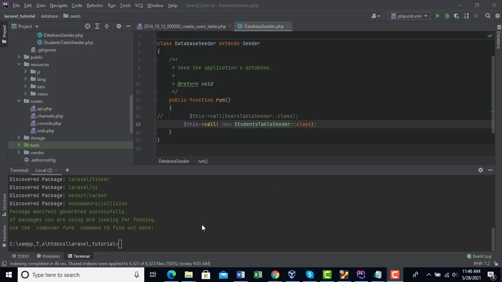After getting that PHP library, I write PHP artisan ui vue --auth.